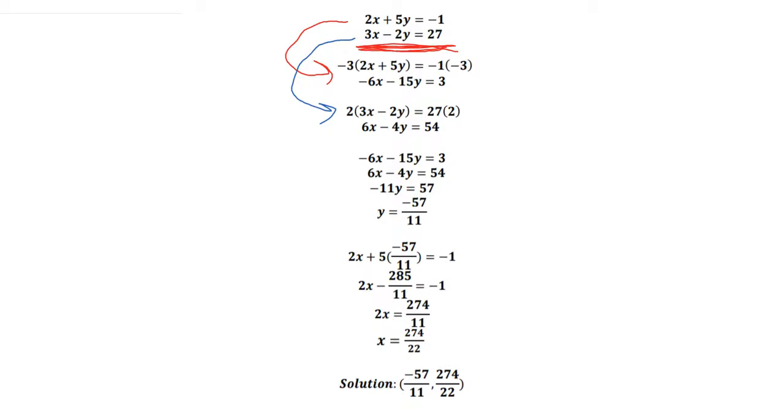So we've got -3 times 2x gives us -6x. That looks good. -3 times 5y gives us -15y. That's right. And -1 times -3 gives us 3. So we know this equation here looks good. The next one, I've got 2 times 3x, which is 6x, 2 times -2y, which is -4y, 2 times 27, 54. Alright, so it looks like their basic multiplication is good. So we have our two equations,